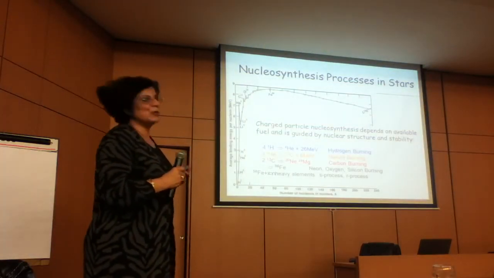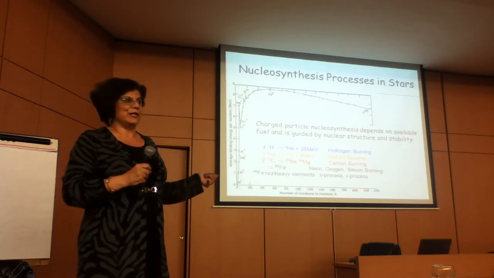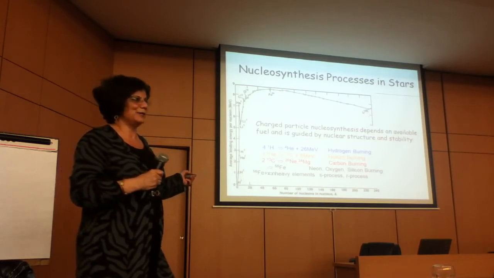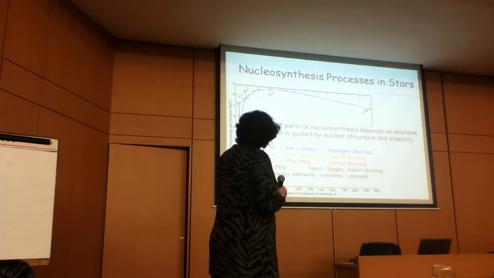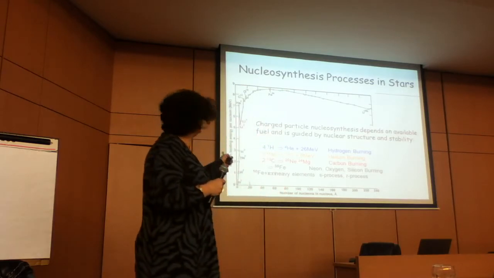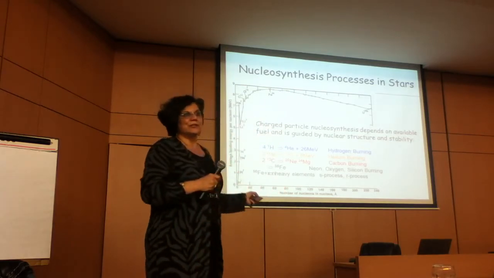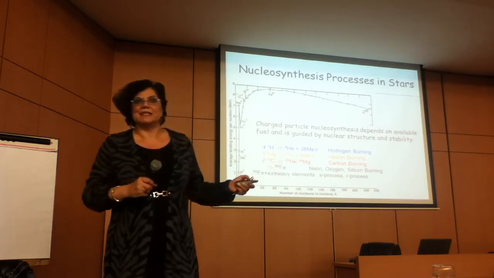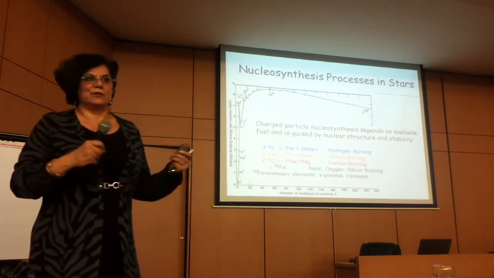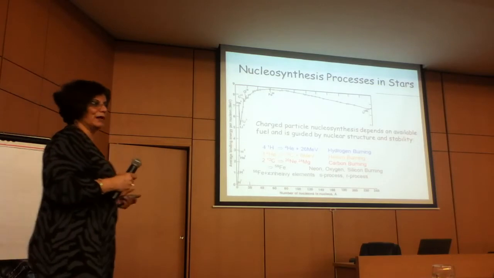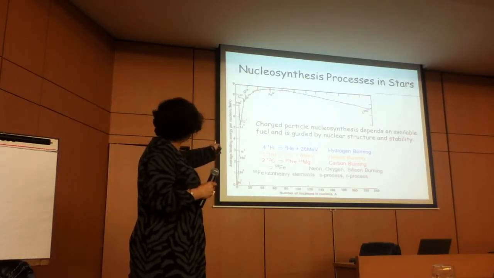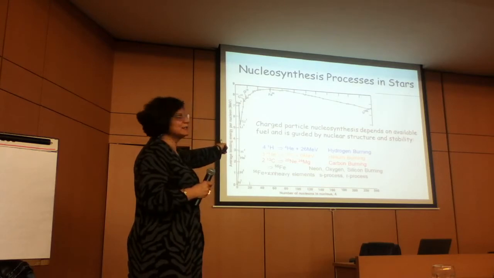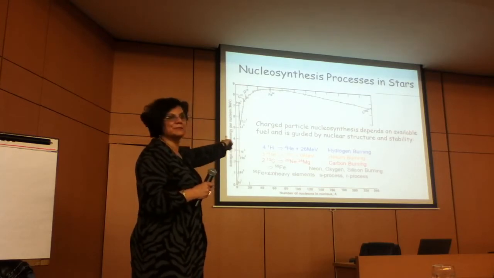This figure probably all of you saw in an introductory physics course. The first time you had modern physics, you saw that the binding energy per nucleon as a function of mass number looks like this. The peak is about iron-56. So it makes complete sense that stars are where you make all the elements up to about iron or so. It's energetically profitable to do that and becomes less so after that.